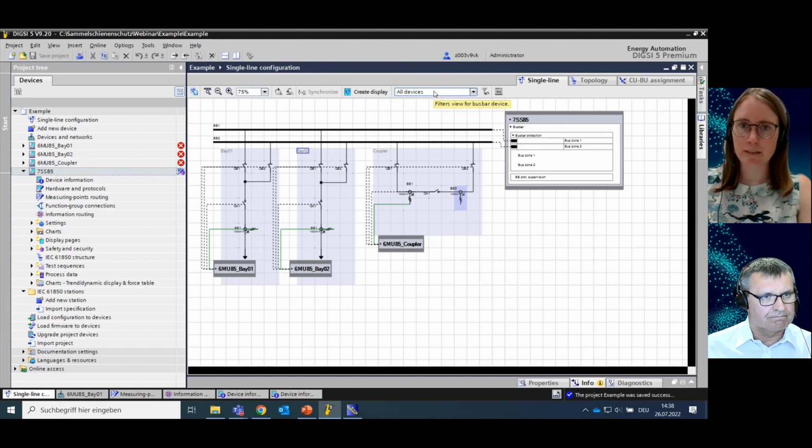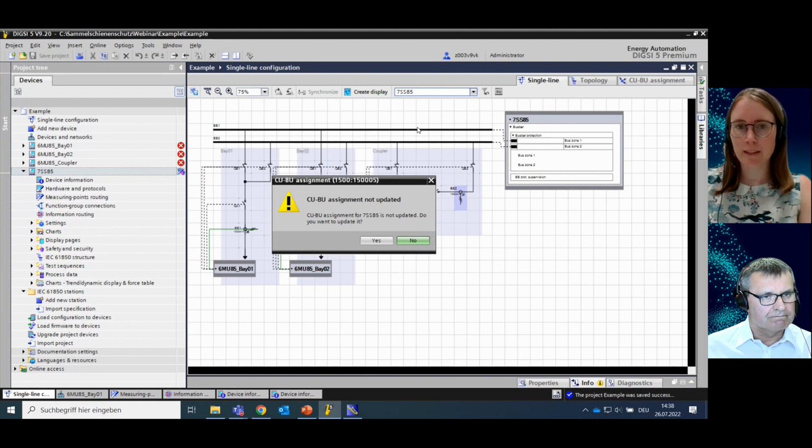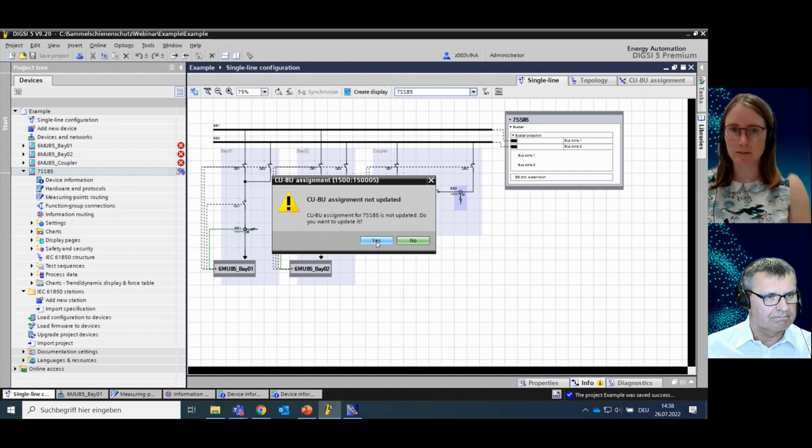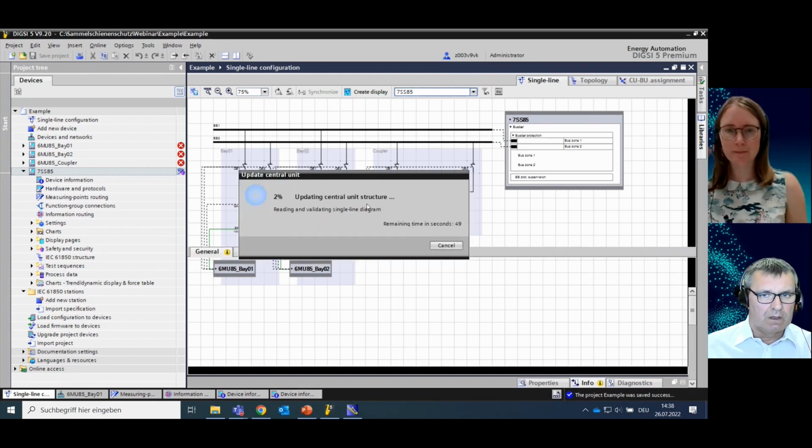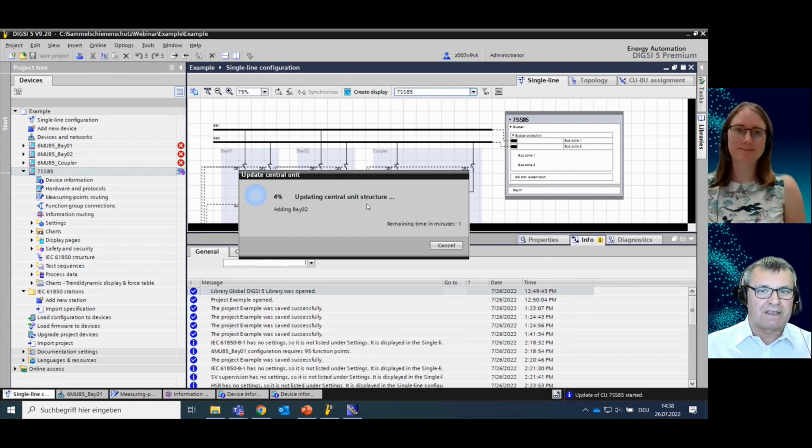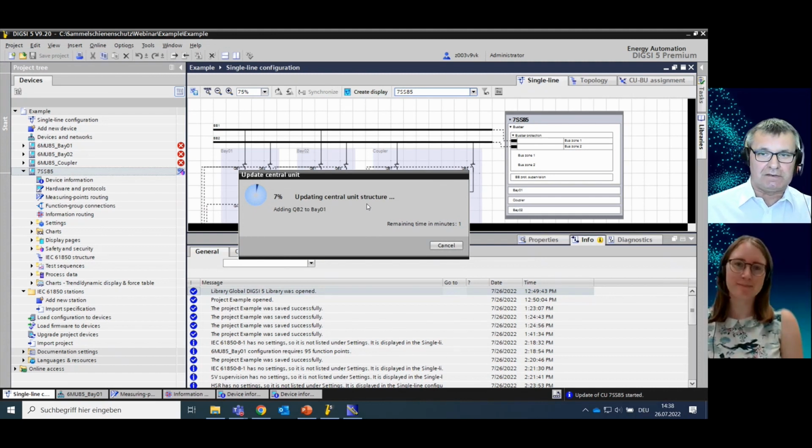Therefore, I change here the view from all devices to the 7SS85. And then it is automatically telling me that the CU-BU assignment must be updated. So that's what we want to do right now. So I confirm with yes. When the update CU-BU assignment is done, really a lot of engineering work is done automatically. For each circuit breaker, disconnector, current transformer routed in the single line editor, as Nina has done, to an element in the bay unit,